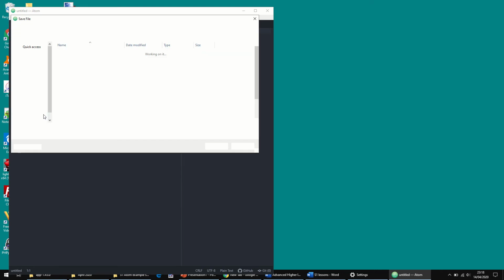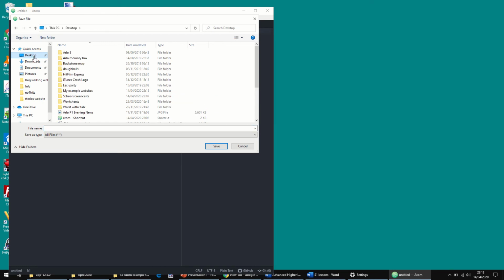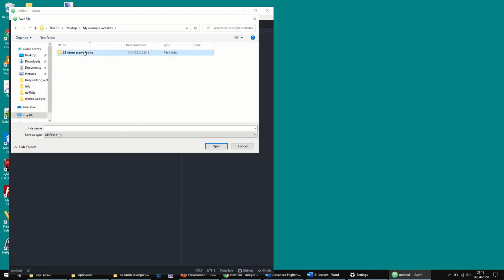So I'm going to save it, and I'm hoping, yeah, it'll come up here. It's going to ask me where I want to save it, so I just set mine on the desktop for the purpose of this example. So I'm going to make sure I navigate to the correct location. What did I call it? My example websites. S1 Atom example site. So I'm just going to call this, oh, that's interesting. I'm going to call this